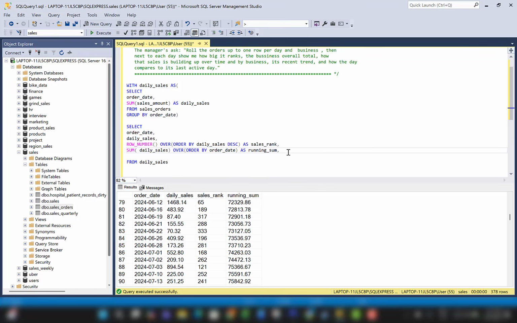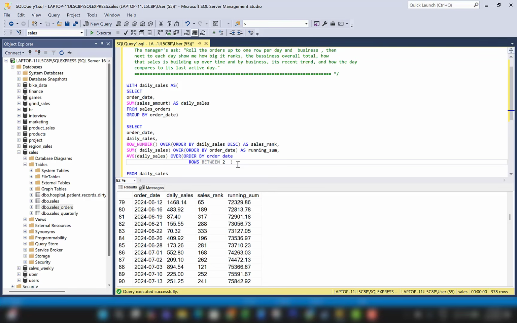Now let's go to the next one. Let's get a moving average around a period. So we know we're using average, and we're using daily sales. Now we have this window, which is over. Now this gets a little bit more complicated. We're still going to use order by the order date, but we need more. If we're using a moving average, we need to tell the function how many days to put in our moving average. So I'm just going to copy this down, and then I'm going to use rows between